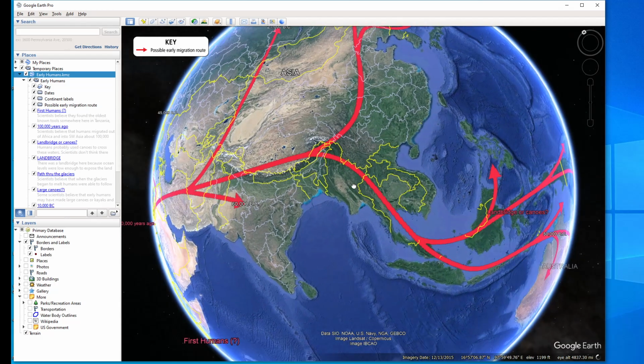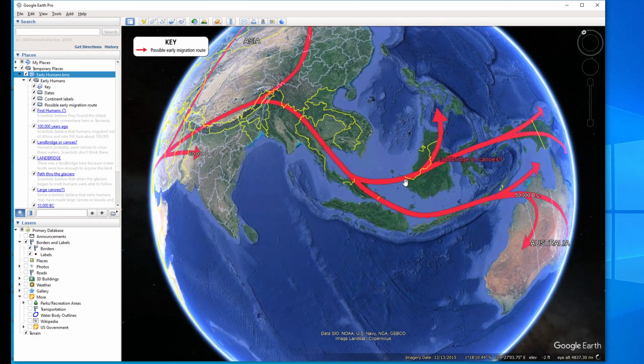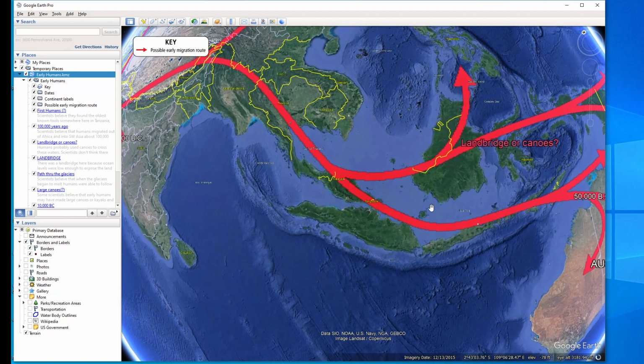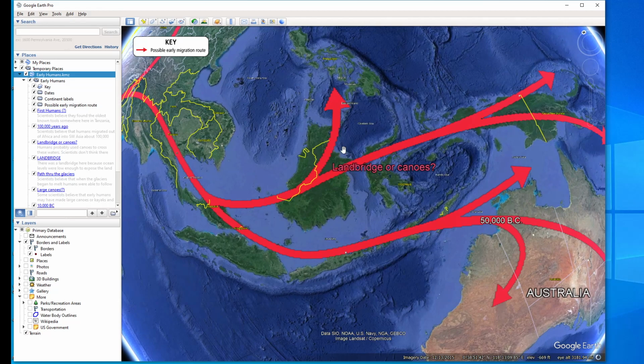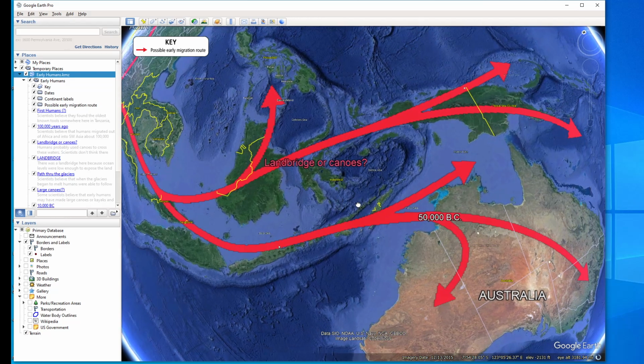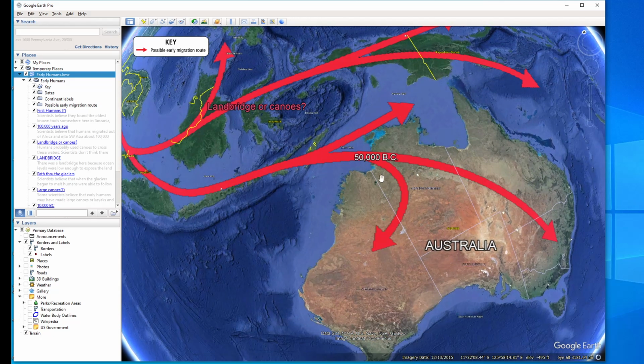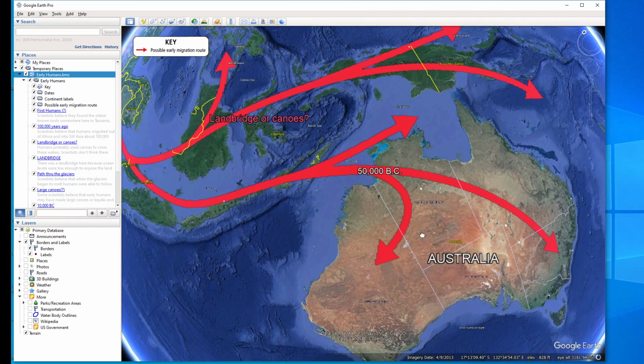down here into Malaysia. Now, some of this was land bridge. Some of this area where you see the light blue could have been land at the time, because of the ice ages. But this darker water here was never solid land, at least scientists don't think so anyway. By 50,000 BC, the humans are in Australia,